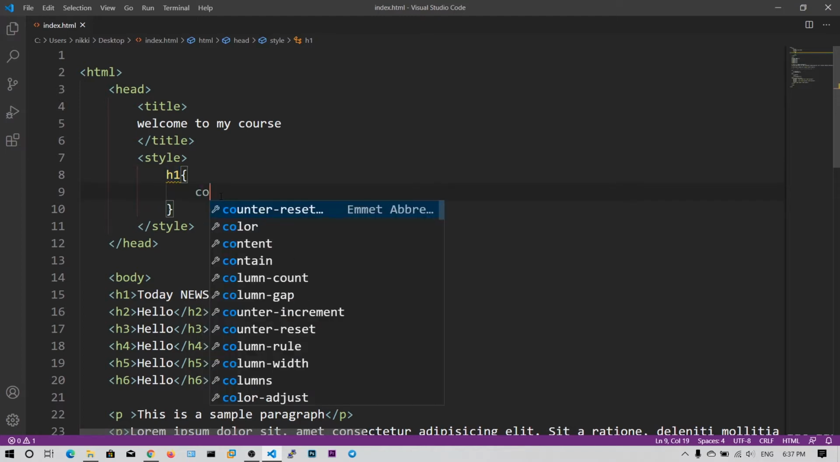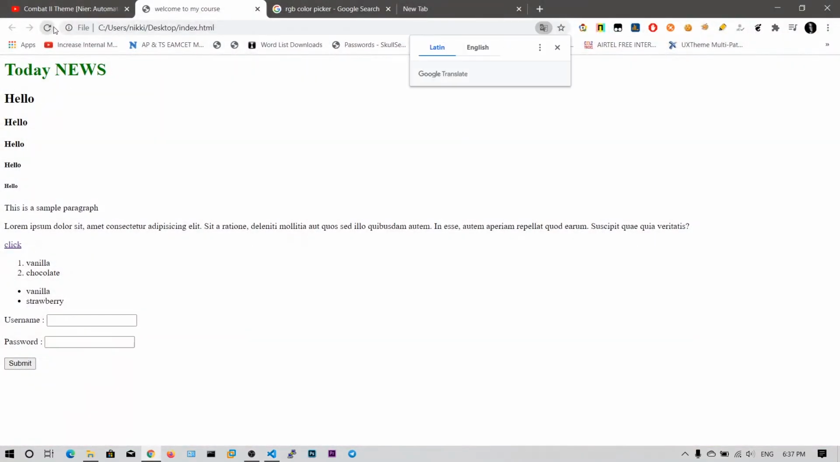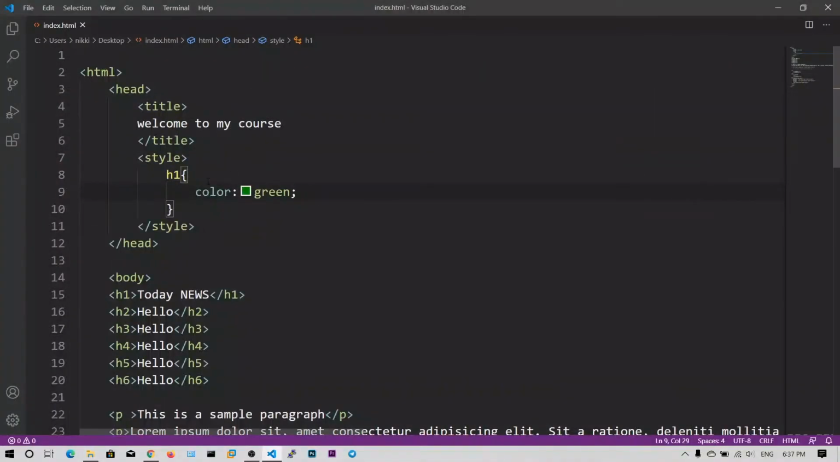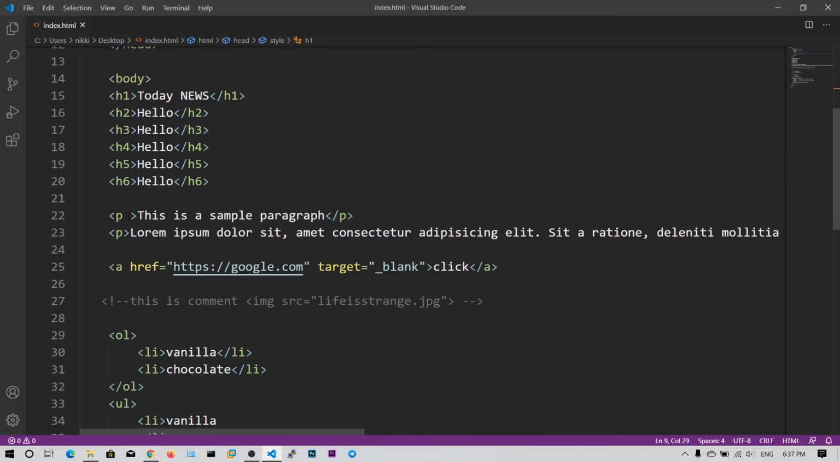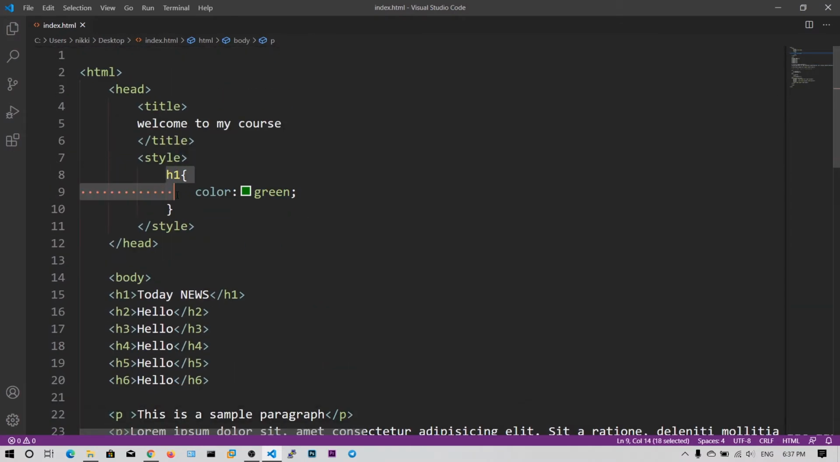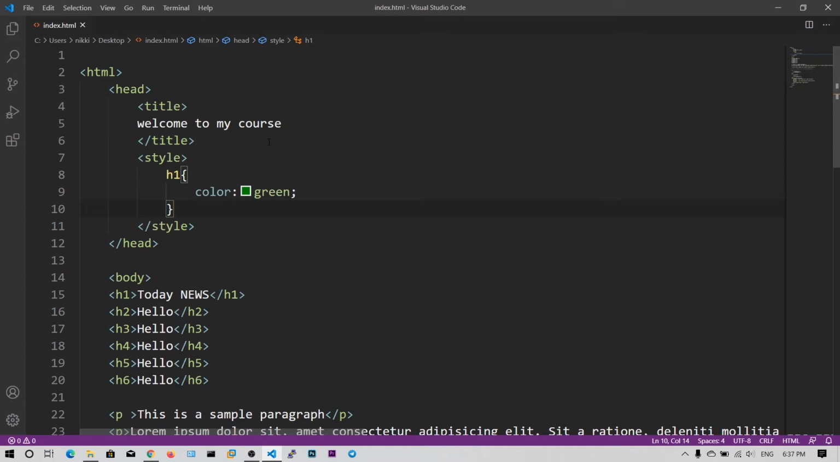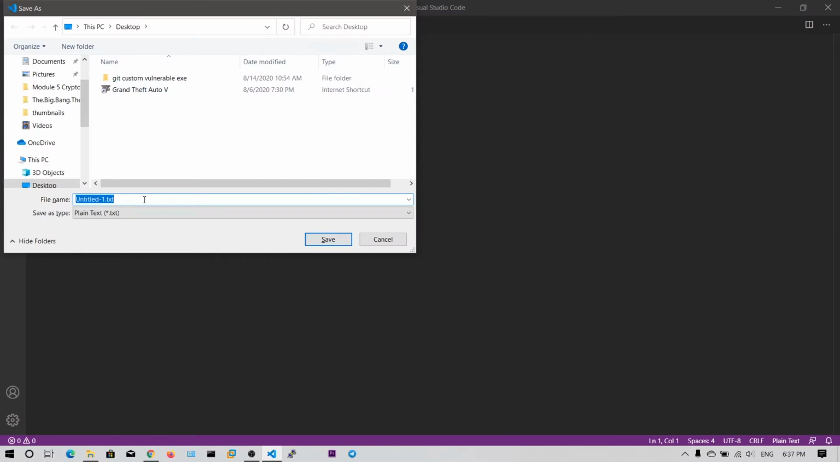So let's say color again, let's say green this time. If I refresh this, you can see the color has changed to green. This is somewhat better practice than adding it inside the tag, and this is called inline CSS. Now I'm going to show you another method, which is adding CSS from an external CSS file. To do that, let's create a new file,